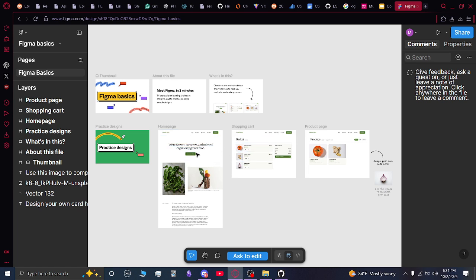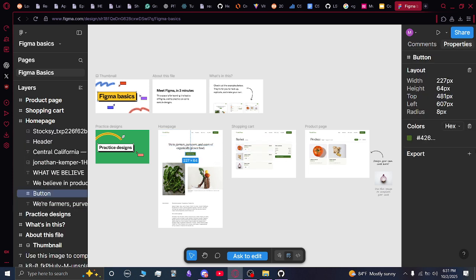Some important things to keep in mind for Figma is keeping it consistent with the color scheme. So have them all be the same set of colors so that you can change it easily. Say if you want to change these all to blue or something, you just need to change it in one spot and then it would reflect in all of them instead of manually doing it. Just good practices like that.